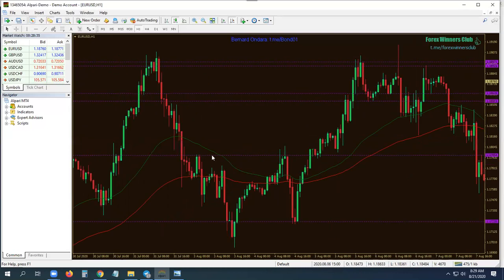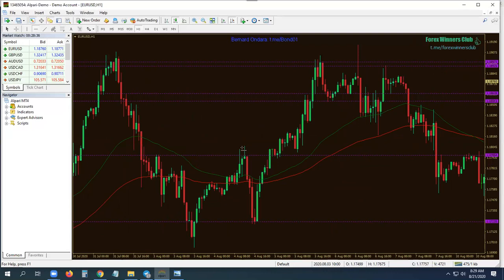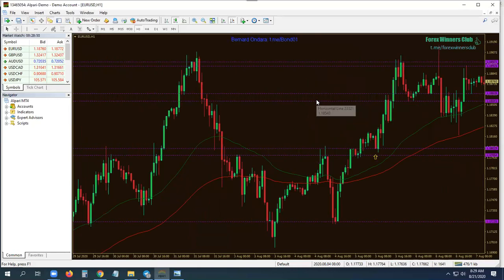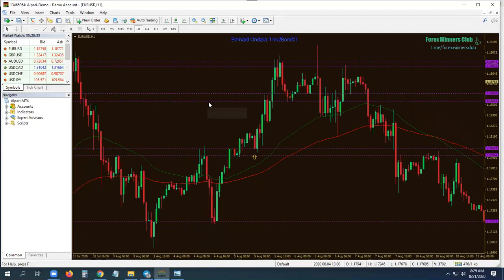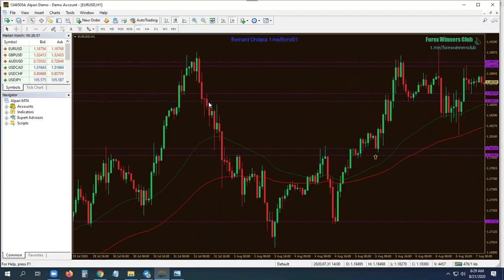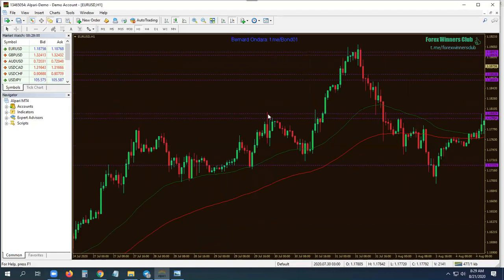Look at how pullback trades are very strong here. Resistance zone here. Market breaks above it, comes back, gives you a bullish engulfing pattern here. Market goes up. But there are those who spot a resistance, and all they do is just try to stop the market. This is a resistance. Market comes back to resistance. They sell. They immediately lose the trade. Why? They are trying to reverse an uptrend.